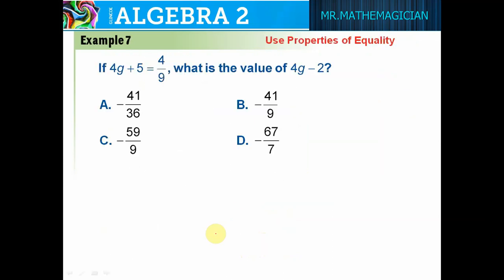Now if 4g plus 5 equals 4 over 9, what is the value of 4g minus 2? Very easy question. Try to pause the video and answer, and you will find the right answer will be